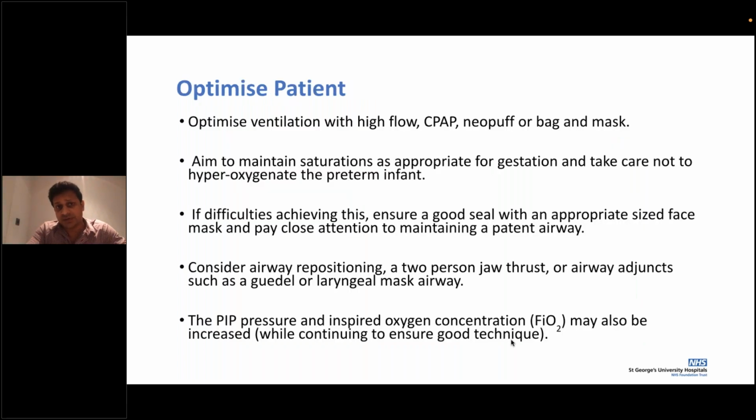So how do we plan this? Once the decision is made, optimize. The baby would already have some kind of non-invasive support on the neonatal unit. Let that continue until you've given your medication. Then take over, put it back on mask, and ensure that the NG tube is in. The bedside nurse would then aspirate the tummy while you're at the baby's head.